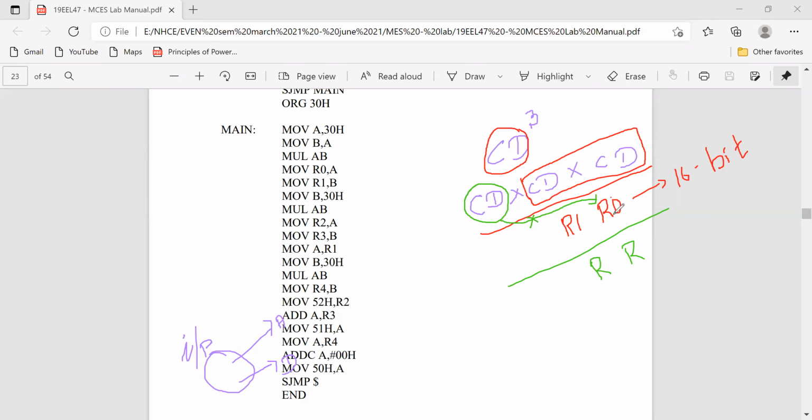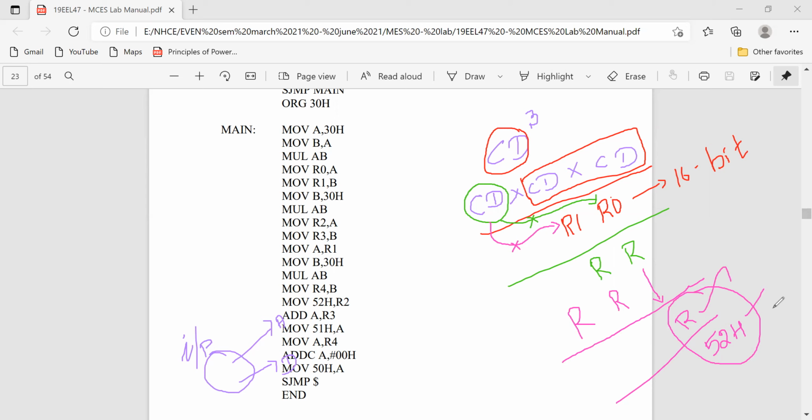By multiplying this, we are getting two 8-bit values, and the next process is the same CD multiplied once again with R1. These two multiplied will provide another two 8-bit values. You have to place it like this. You can take this out and store in one of the addresses, that is 52H. This is the data which is stored in 52H.